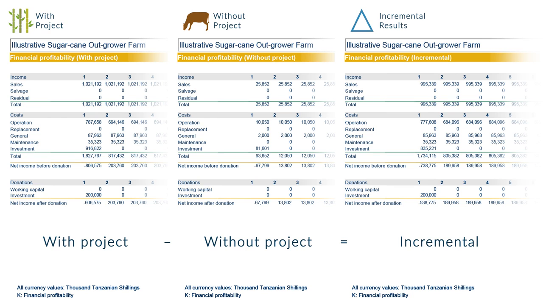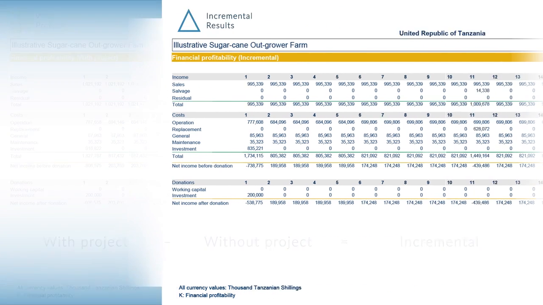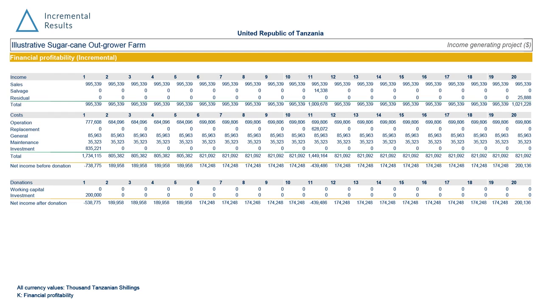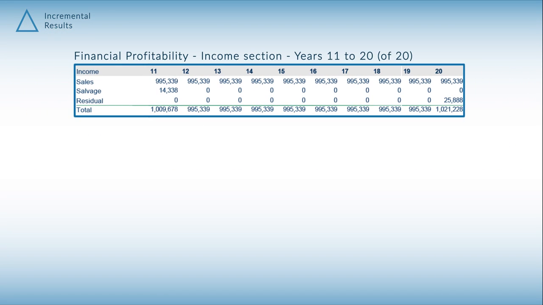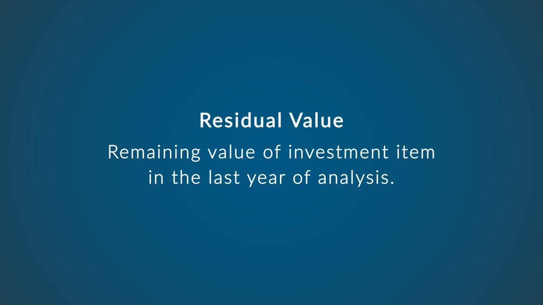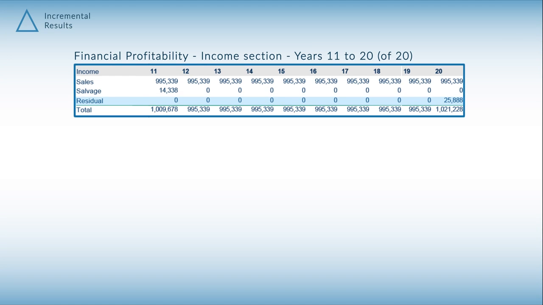To understand the financial profitability of the proposed investment, we focus therefore on the report for the incremental situation, since it measures the changes in expected returns of the two different situations. The information in the income section is simple, as it captures total income or sales from the different blocks, salvage value and residual value. Let's recall that the residual value is the remaining value of the investment items in the last year of analysis. That is, what the item would be worth if sold at the end of the analysis